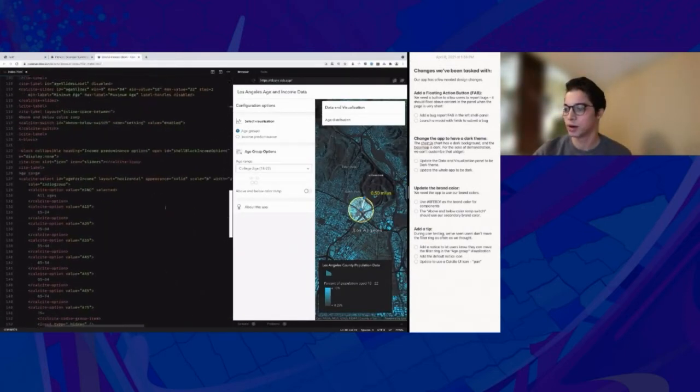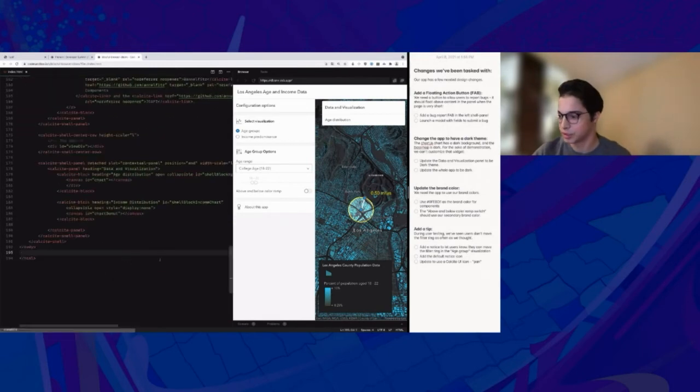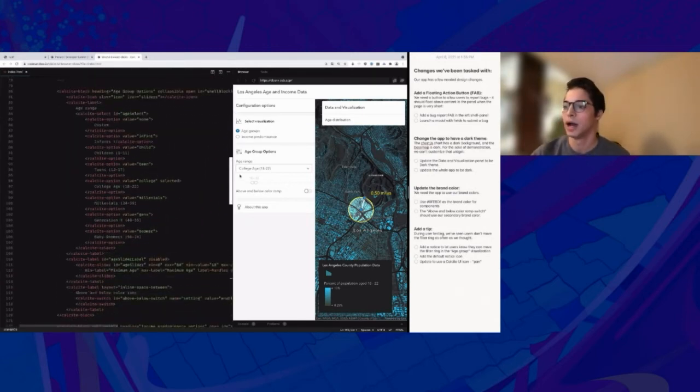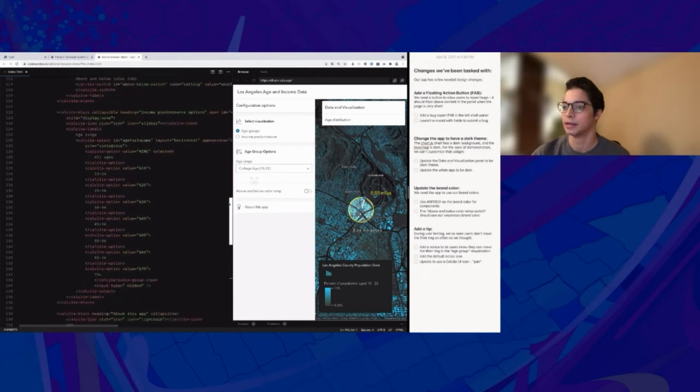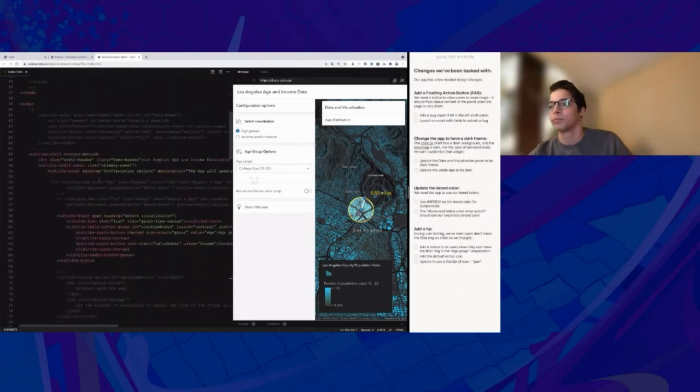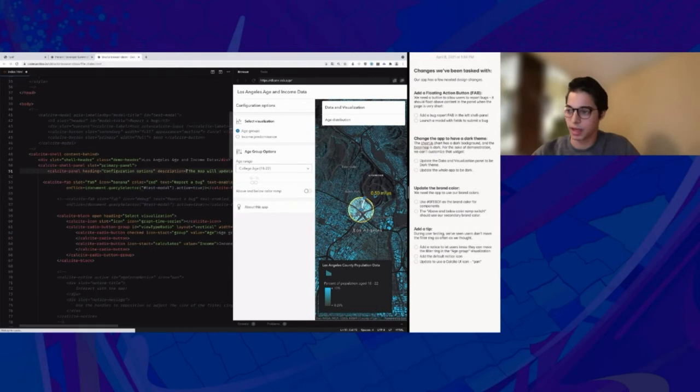So let's get started here. I apologize for that zoom. I think that happened because we're zoomed in so much here. Our first task is to add that floating action button. I've had a few versions of it that are commented out here. The first one I will do is this. And it's as simple as saving